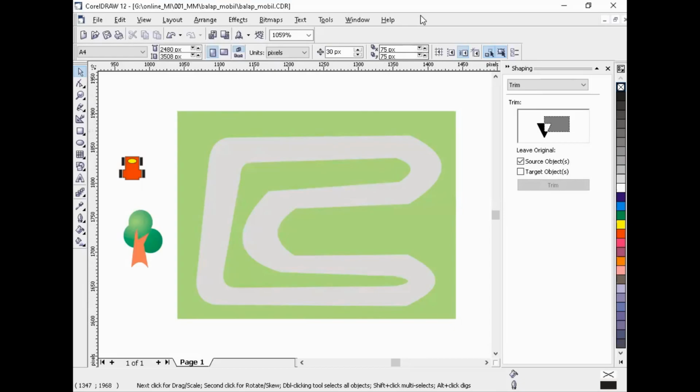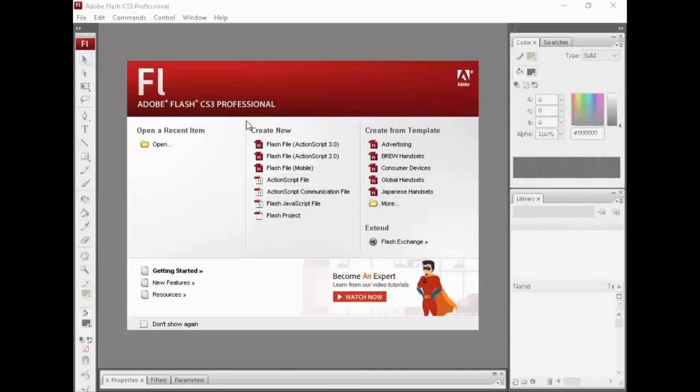Okay, I will stop and I will share the Flash. I use an old version of Flash, Flash CS3. Now we can start how to lay out the resource from CorelDRAW 12, old version.